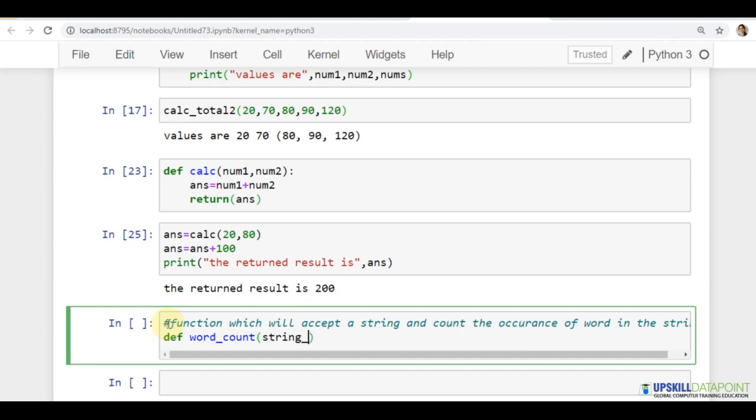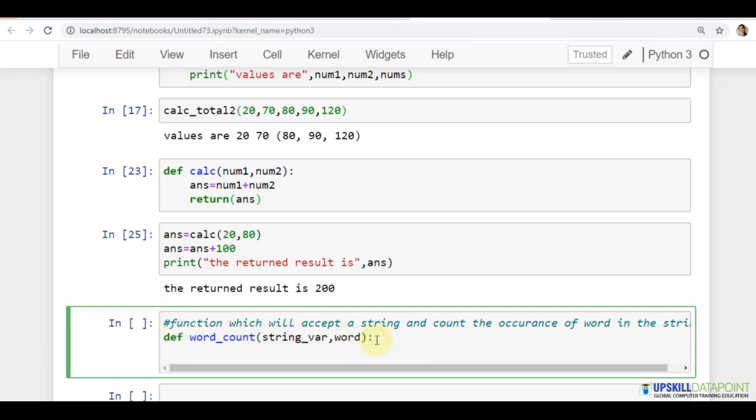Here will be my string variable, you can name it anything, and the word what you want to count. So here my string list will be the string variable whatever you have passed. I need to split wherever words have spaces, so I'm going to split the string wherever spaces are there. So just leave one character space here.